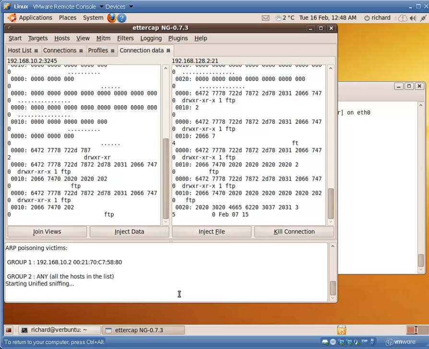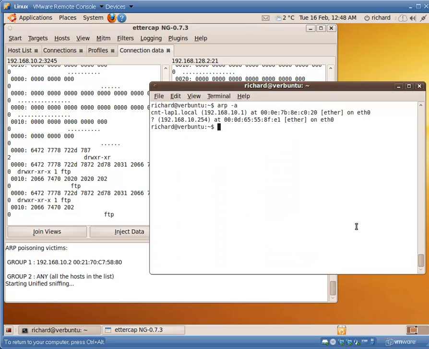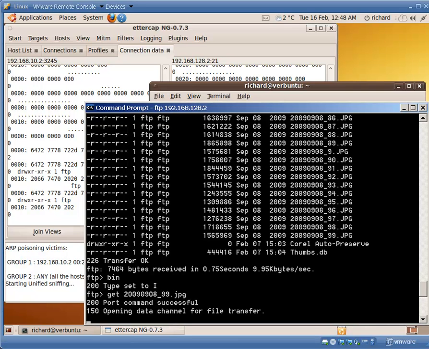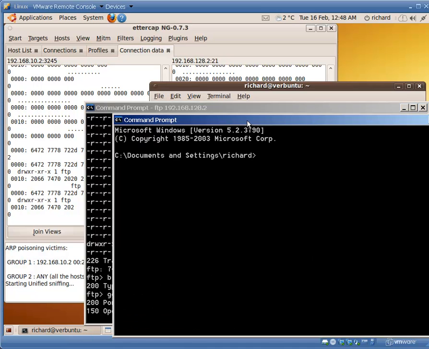So let's just point out the obvious. Let's check the ARP cache table. Okay, this is Linux. Linux is running Ettercap, so this is going to be the master of all packets. It therefore will have all the MAC addresses correctly identified on its system. If we go to Windows, this is our first Windows prompt. If I launch a second command prompt,